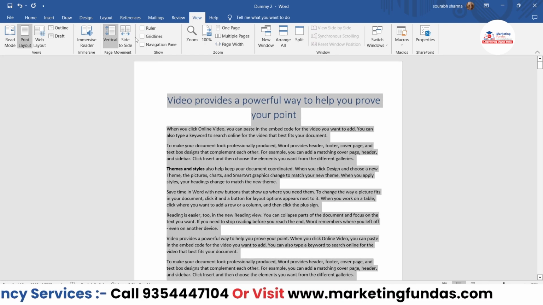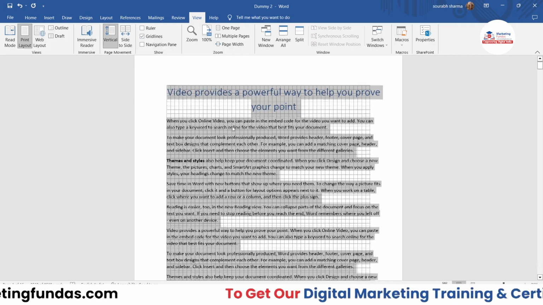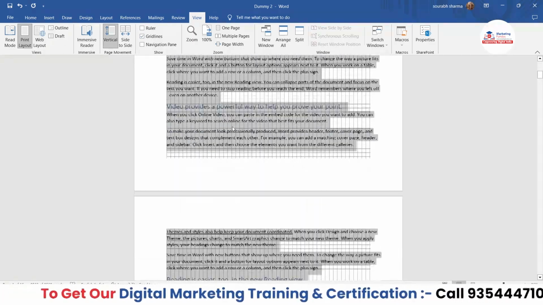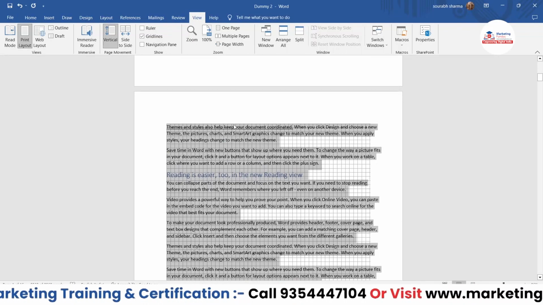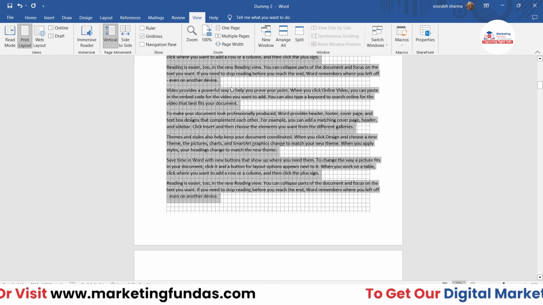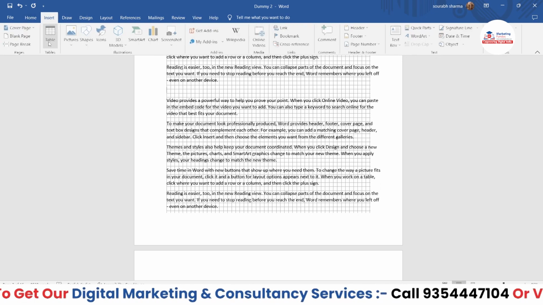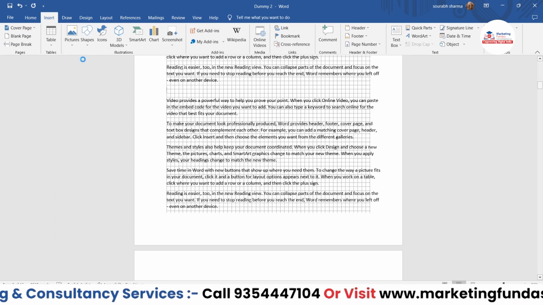Now the second option is grid lines. What is the use of grid lines? Basically, if I check this box, you'll be able to see the grid lines like this. Now in text, there is no use of grid lines. Grid lines is basically when you add an image into your content. And let's say I'm adding, go to insert, add pictures,